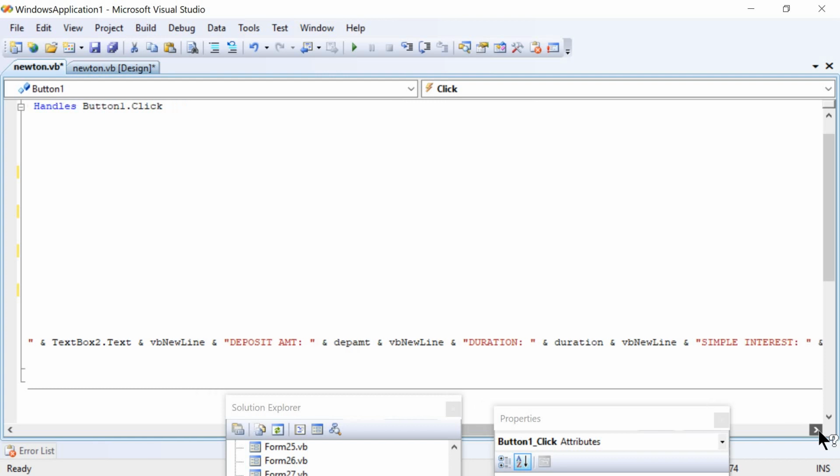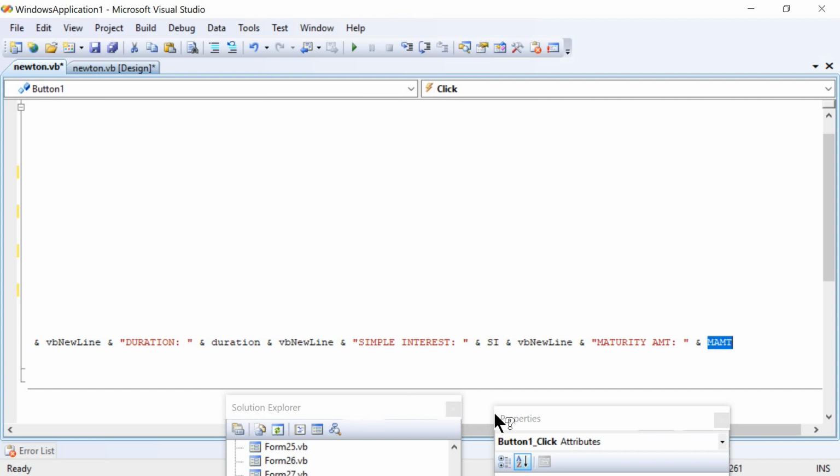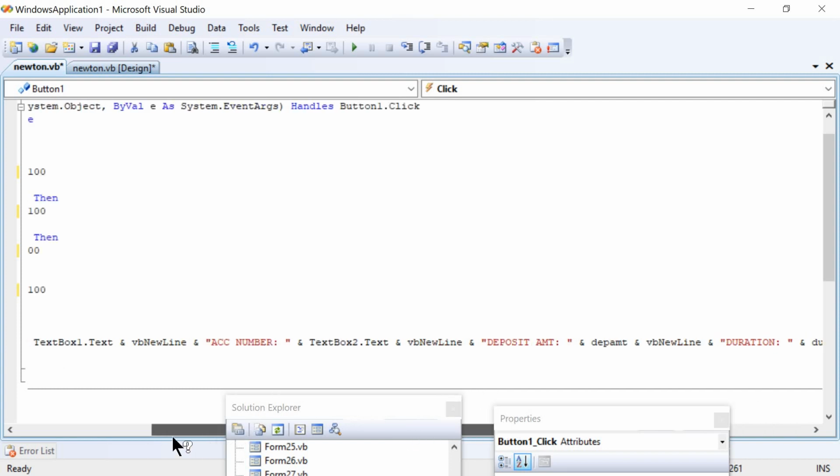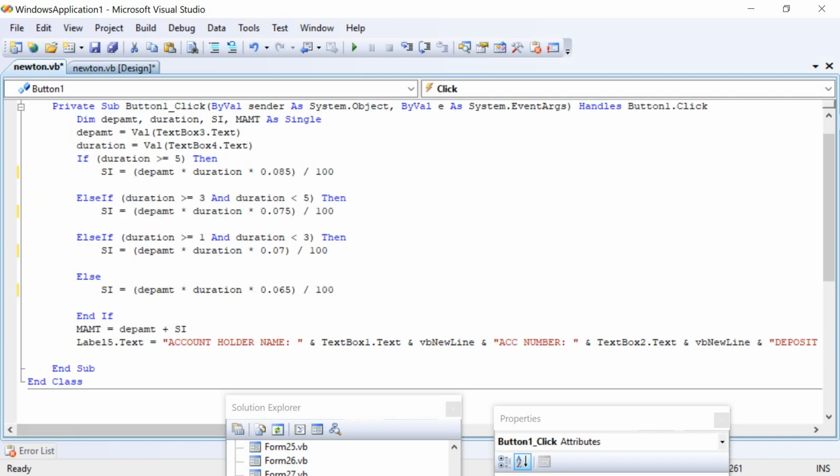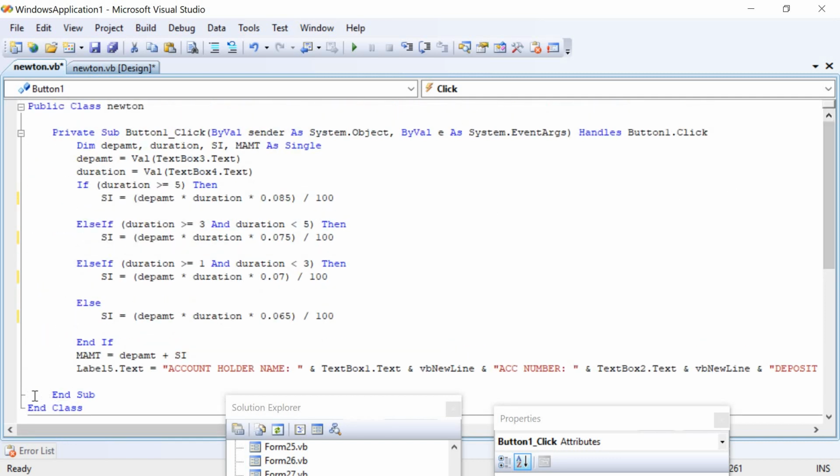Then comes ampersand, simple interest. Ampersand, the calculated value will be stored in SI, that is simple interest. Then ampersand, VB new line. Then ampersand, maturity amount will be available in the variable MAMT, right? Then the private sub will end with end sub and public class with end class.